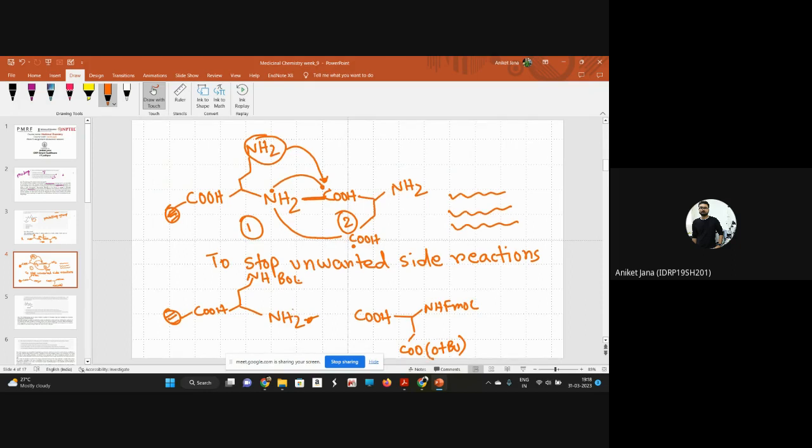So now you can follow that only here NH2 is in the free form, and in the second molecule the carboxylic acid is in the free form. So the only possible reaction is between this NH2 and this COOH. So only one amide bond will be formed and we will get only one product in a very high amount. Then in the next step we can deprotect this group and get the free NH2 group. Okay. So in this way, by using the protection group theory, we can carry out our chemical modification reactions.